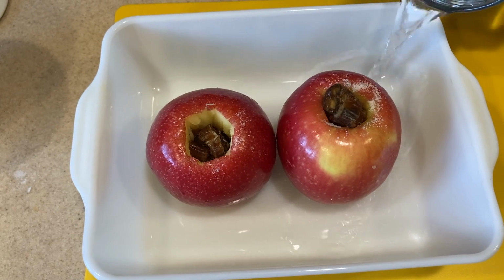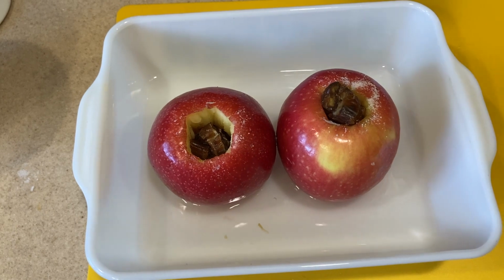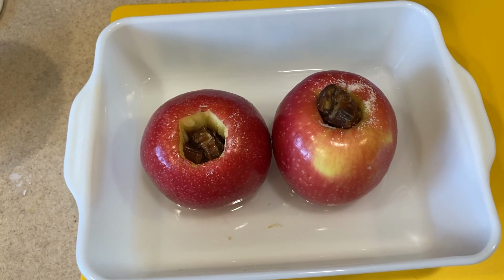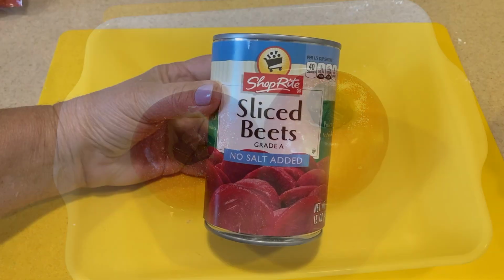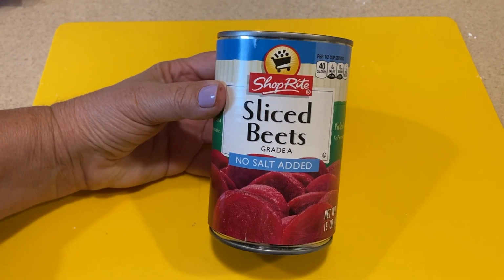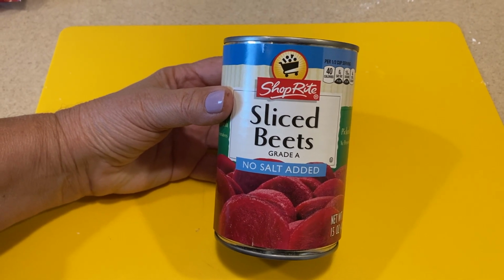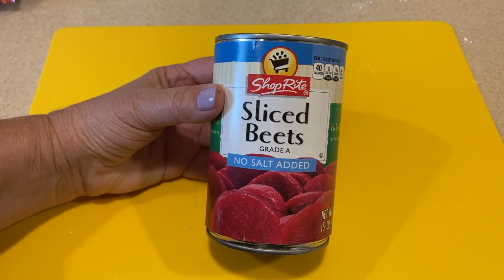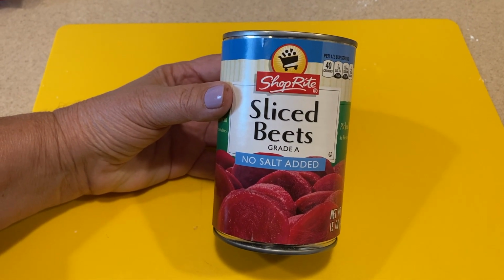And now it says to add water to the bottom to cover. So there we go. And it doesn't say to cover them, so we're just going to put them in with our scalloped potato casserole. Our dinner also calls for buttered beets, and we always keep canned beets in the pantry. So I'm just going to take these, put them in a pan, heat them through with a little bit of